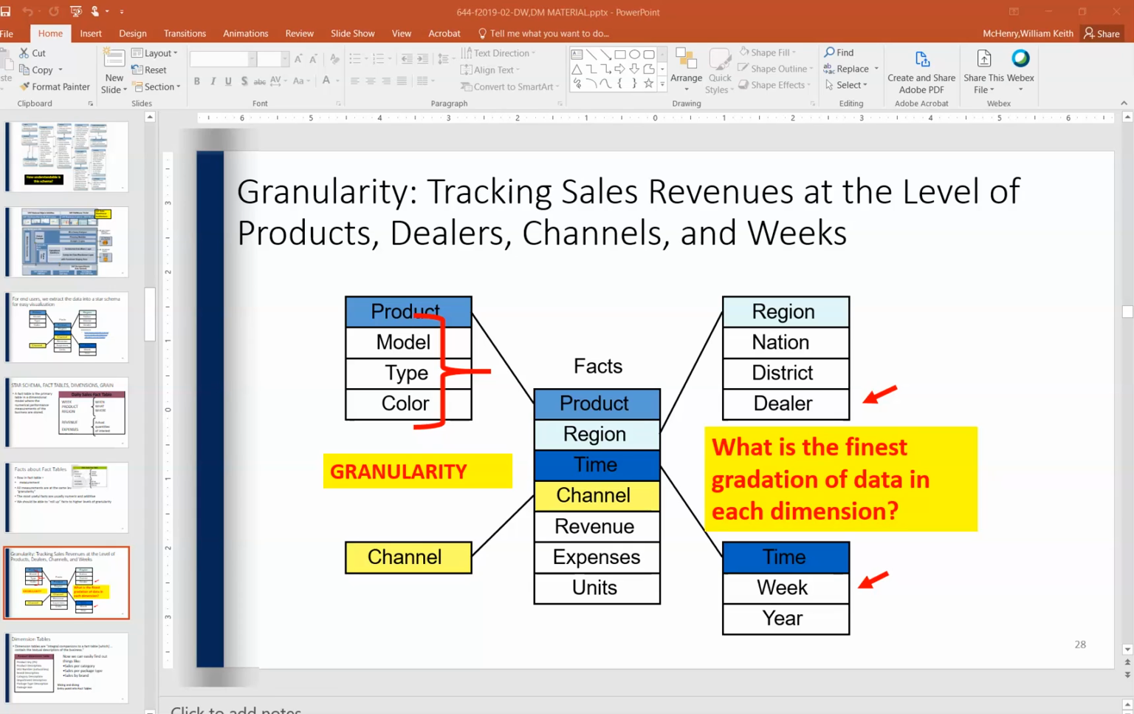I want to tackle the question of granularity and what it means when we are assembling a star schema data in Tableau and see how that actually plays out in reality. So remember that we define granularity as being the lowest level of gradation of data that is in each dimension in our star schema. This example has products, regions, times, and we noted that the lowest aggregation of data here we have is at the level of week. So if we wanted to drill down to the daily level, we would not be able to do it with